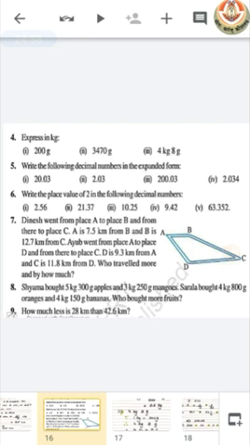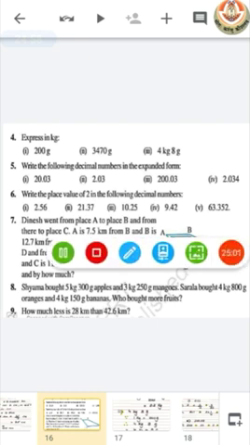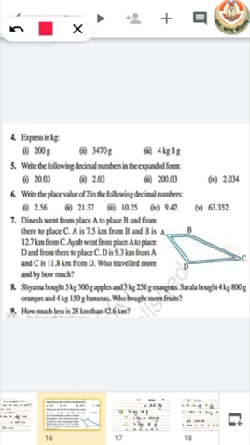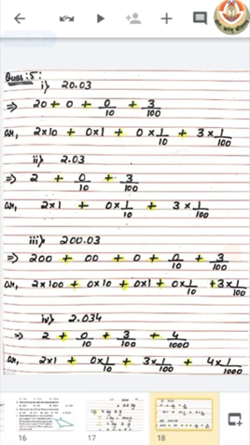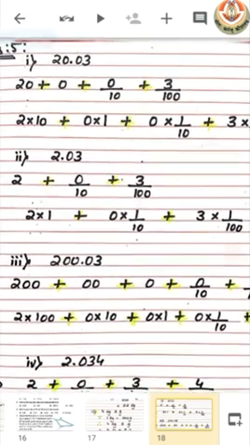Now in the next question, question number 5, you have to write the decimal number in expanded form. So let's see how we can write any decimal number in its expanded form. So we know how we can expand a number without decimal, meaning the left part of the decimal. Let's see how we can expand digits from the right side of the decimal point also. So here you can see that to expand